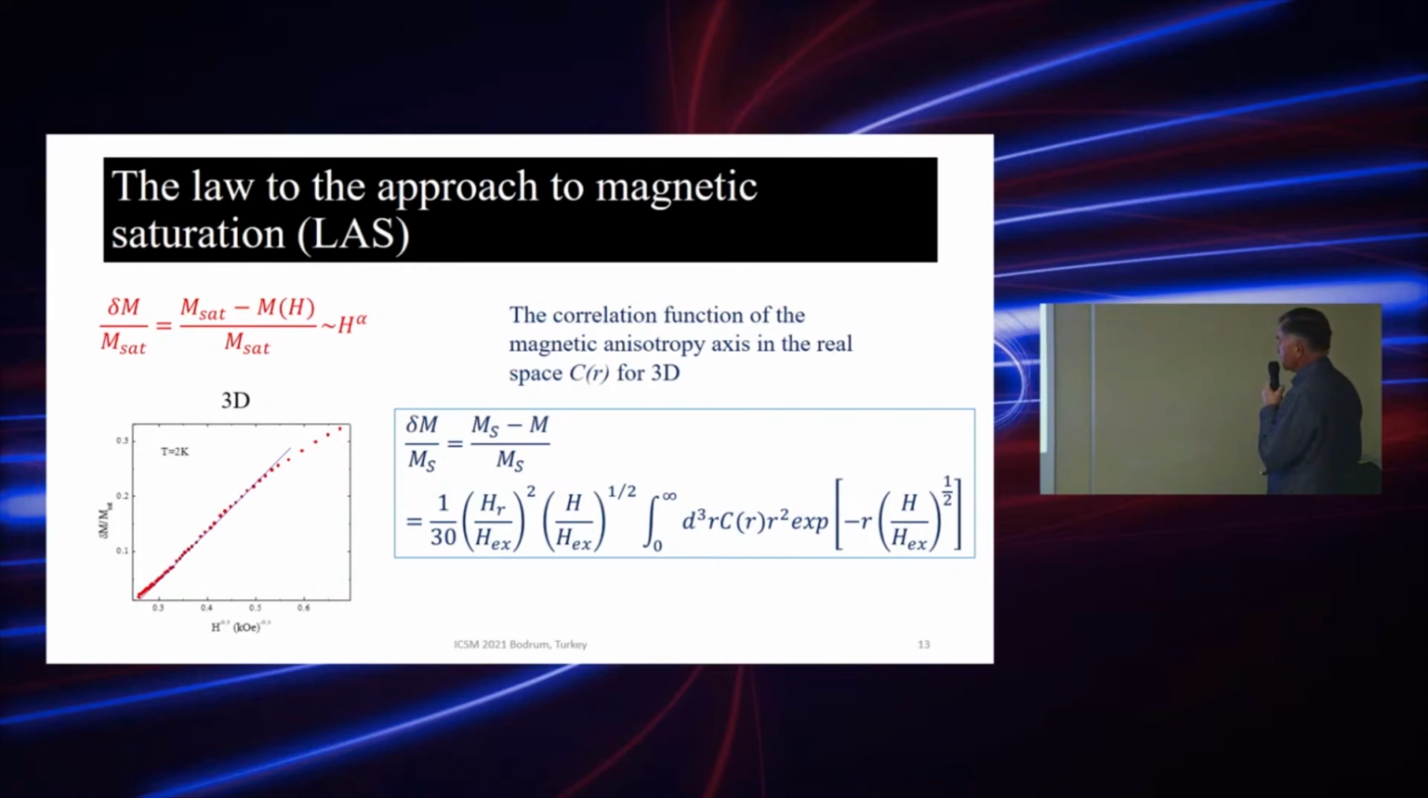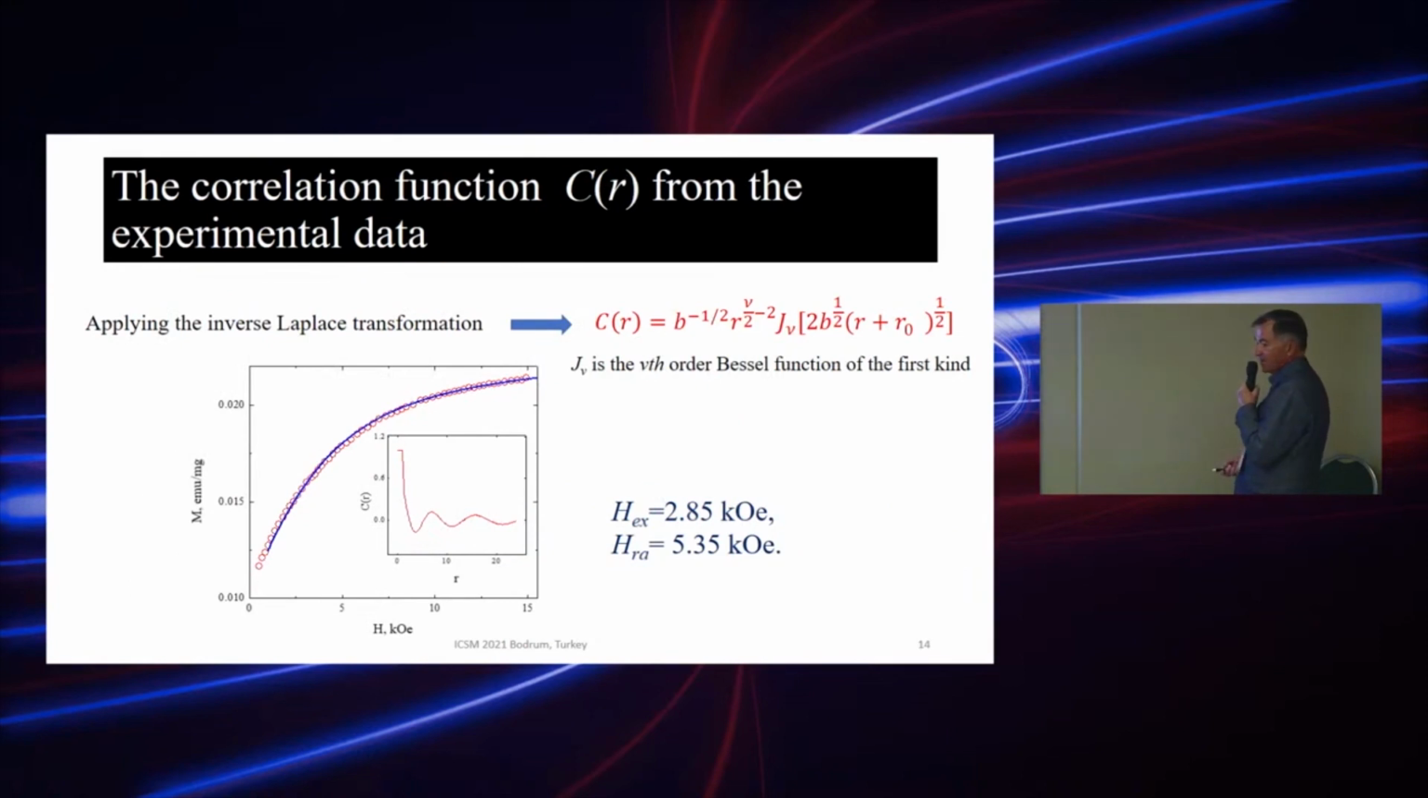To go deeper, it is necessary to apply a more complicated expression proposed many years ago by Eugene Chudnovsky and extract the correlation function of the magnetic anisotropy axis in real space. So the task was to fit the experimental data by this equation, where C is the correlation function. Applying the inverse Laplace transformation, we obtained that the experimental result, open circles, could be well fitted by the random anisotropy model if we